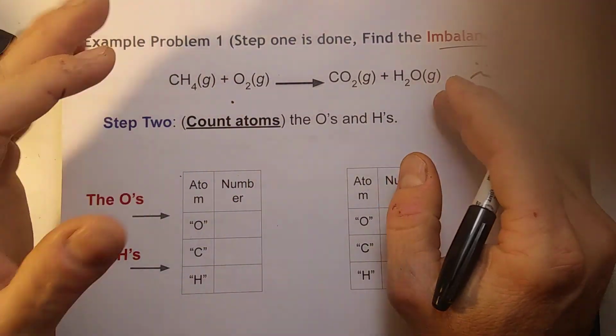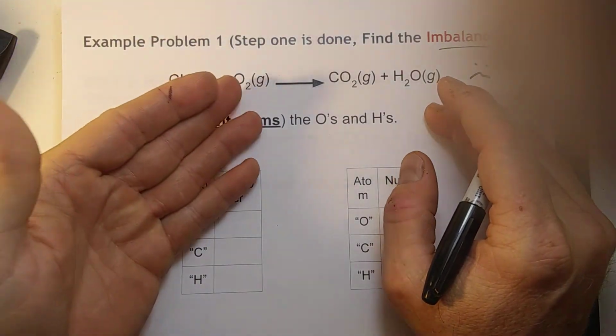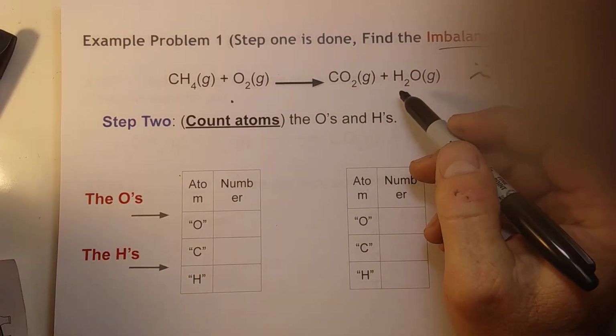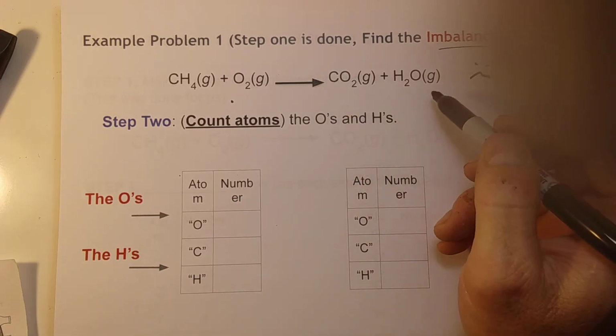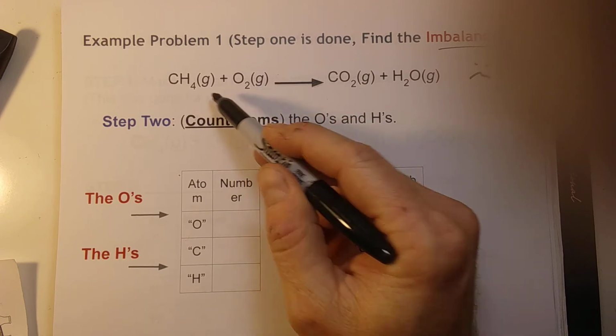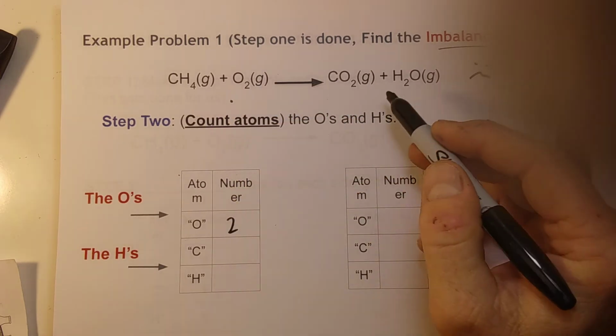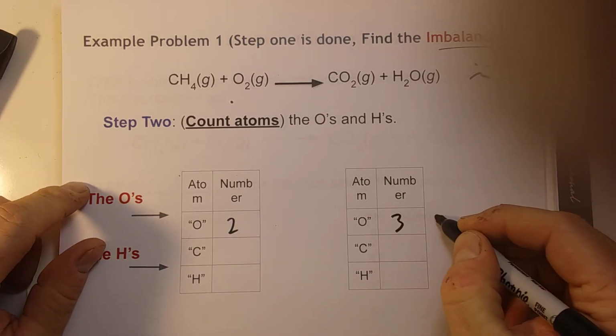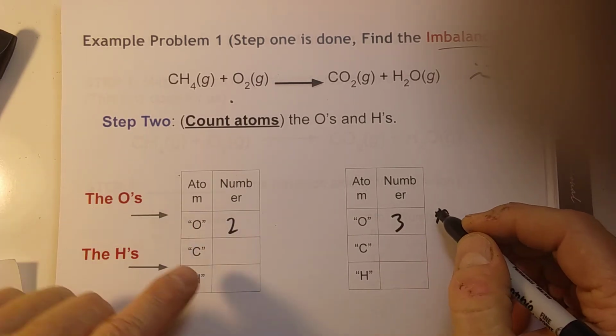Well, the first thing, because we've already started with, is that these are real compounds. They're not drawn incorrectly in this imbalanced equation. But step 2 was count atoms on each side. So the number of oxygens on this side would be 2. Number of oxygens on this side would be 3. So right there you might want to put a star